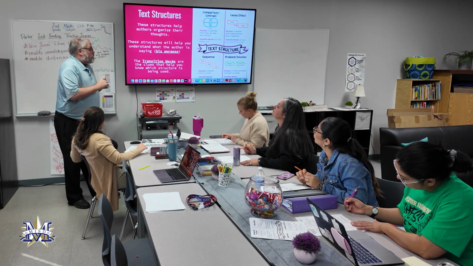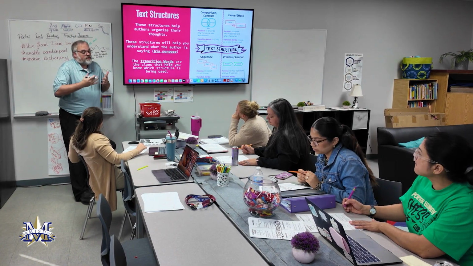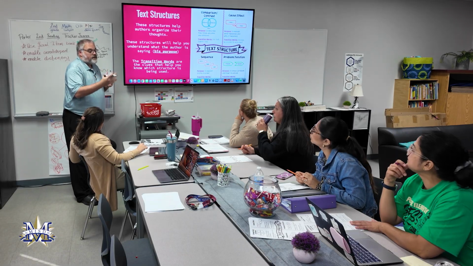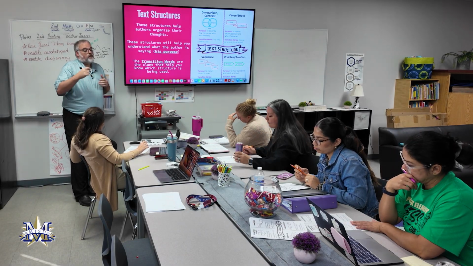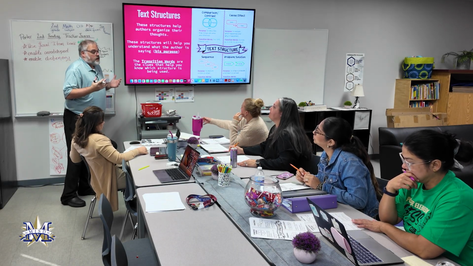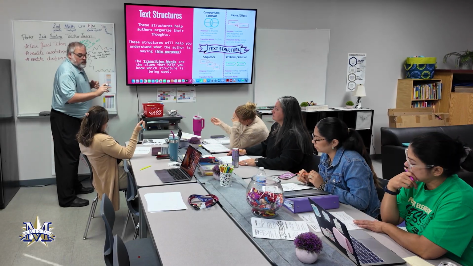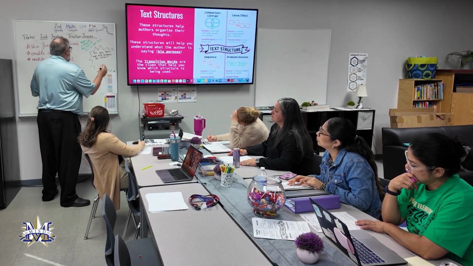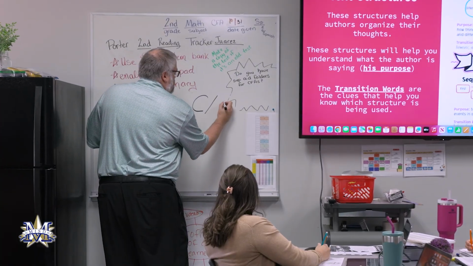Okay? Now, as we read, we still need to annotate, right? We still need to take notes and take stock of what we have read. Do we want to write compare and contrast, cause and effect over and over and over again as we read? Do we have time to do that? No, those are long. Okay? So with your pencils, if you don't mind, on those 4 squares, we're just going to put on compare and contrast. Off on the side of compare and contrast, you're going to write C/C.